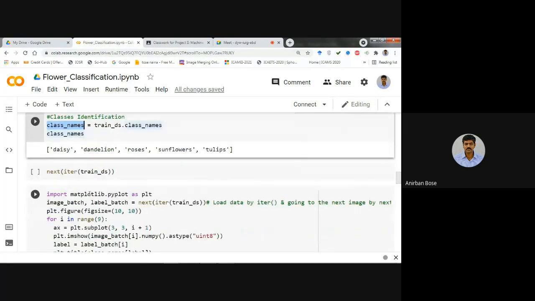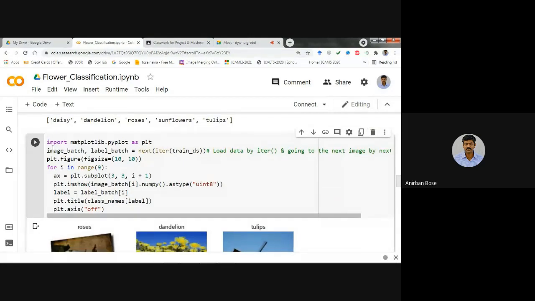Now, to visualize some sample data is also very important, using matplotlib. Here you can see image_batch and label_batch.